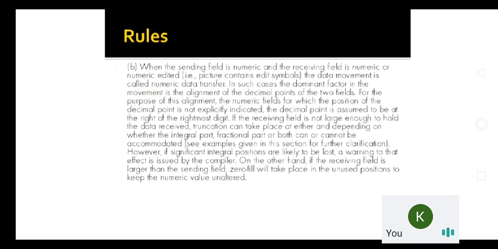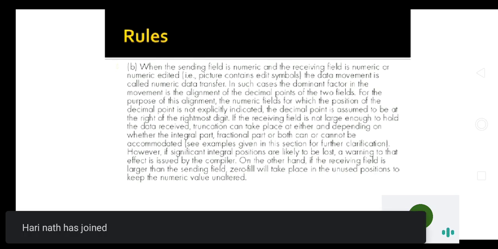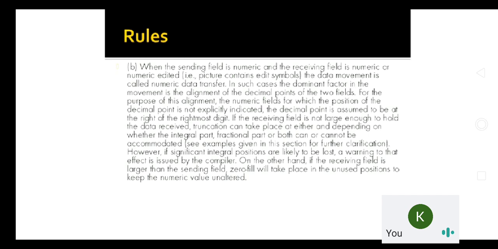So here this is going to be a very important one. Suppose you are going to send some value from the sending field to the receiving field. Now suppose the sending field has a 4-digit position, and the receiving field has some 2-digit position, then it won't be a problem. For the remaining positions, either we zero fill or we leave it blank. So the sending field with a 4-digit position and the receiving field with a 2-digit position, it won't be a problem.